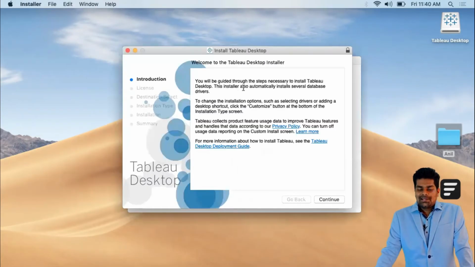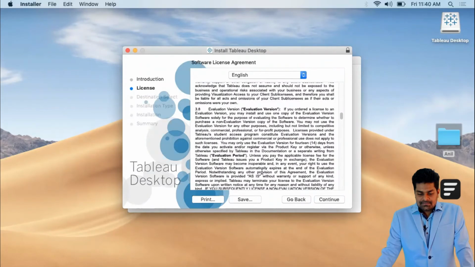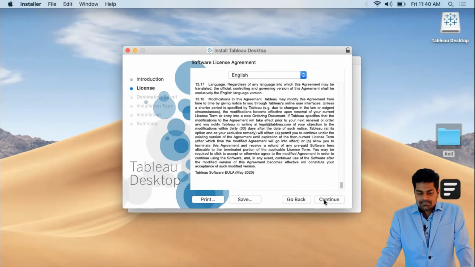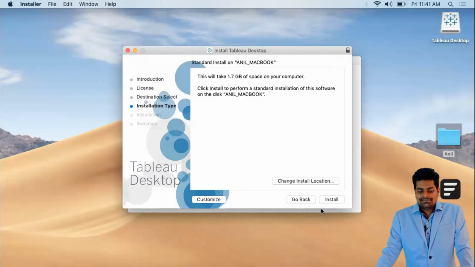Now double click on the package and click on Continue. Again Continue, and agree with the terms and conditions.